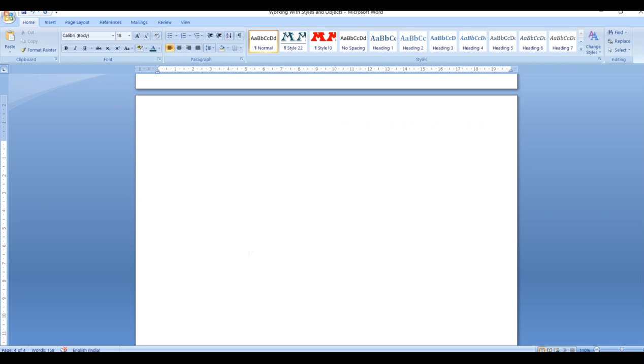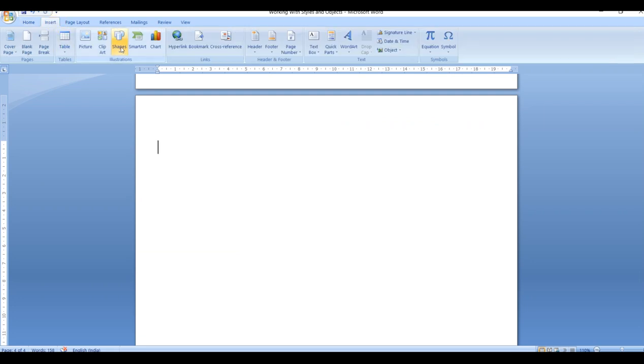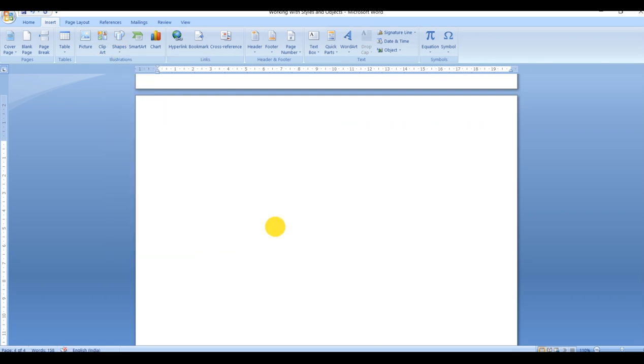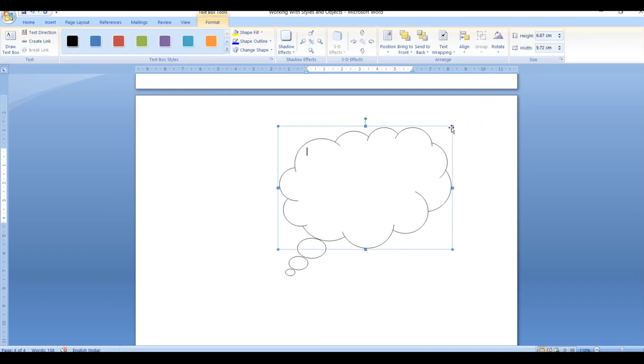Like in cartoons, when someone is thinking, a cloudy shape appears on the screen. Suppose I want to add that. I'll go to the callouts and choose a shape. Now if someone is thinking, this kind of shape appears. Now this is the shape which has appeared.